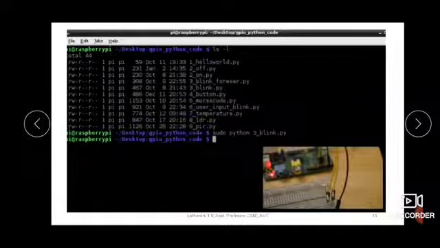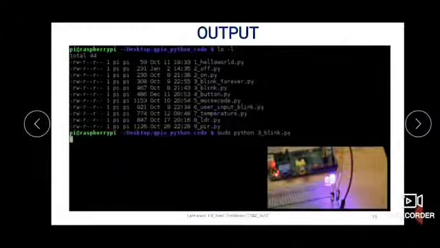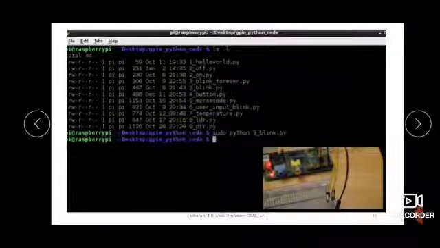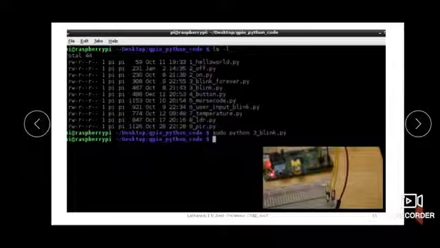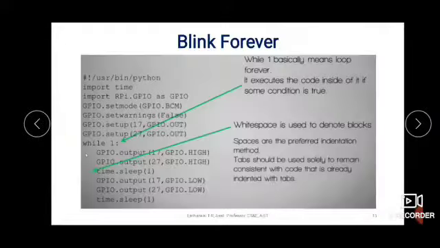So initially it will be low, it will go high, then low, then high, and then low again. So this is the output of the program. But now permanently after glowing 2 times and going off 2 times, it will be off permanently. But if you want to create an effect of LED which is continuously blinking, let us see the program for how blinking forever can be done with those LEDs.